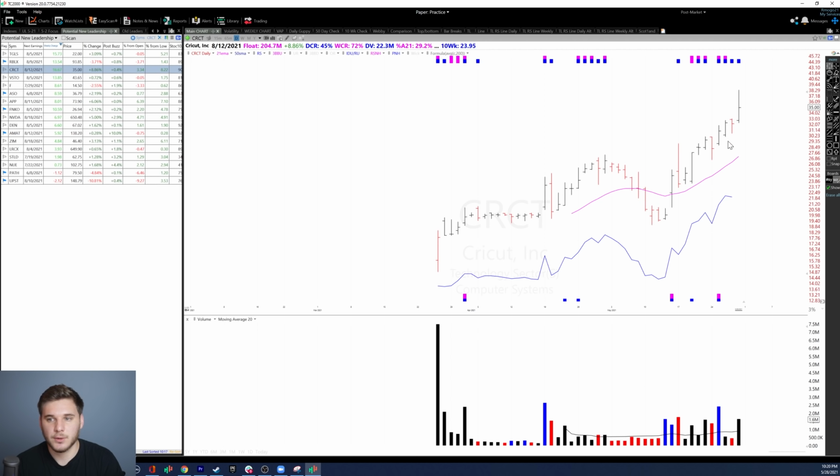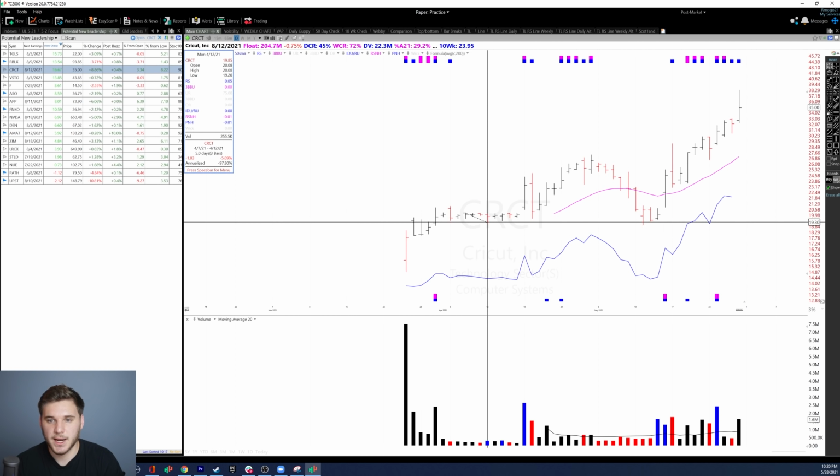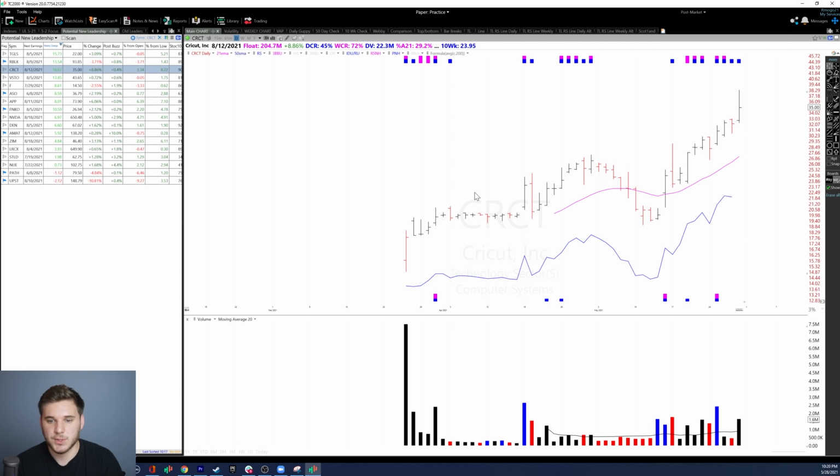CRCT is another recent IPO that looks very strong. Great action here, and looking back here, look at all this very tight action before this pop. So something significant was going on here, some nice accumulation. We did revisit that point, but we had a nice pocket pivot, a nice kicker candle here, and a strong